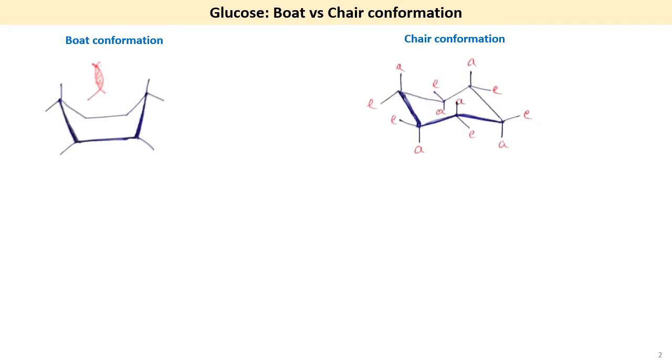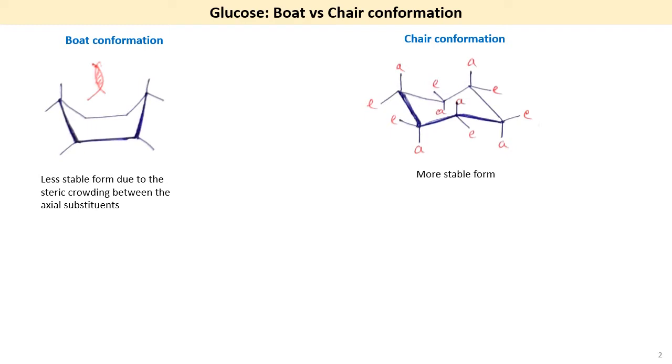Now we looked at the Fischer projection and Haworth projection formula of glucose. There are two other forms that are possible in case of the different projection formula. They are boat conformation and chair conformation, because glucose, or the glucopyranose, has the 6-member ring. So boat and chair both are possible. But in the boat conformation, there could be steric crowding between the axial substituents if they are bulky. So if hydroxyl groups are there, there could be some steric crowding. That's why boat conformation is the less stable form as compared to the chair conformation, right?